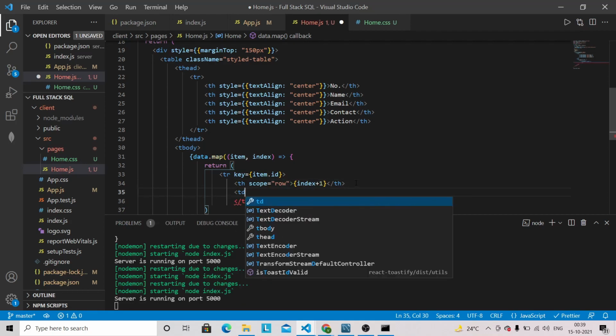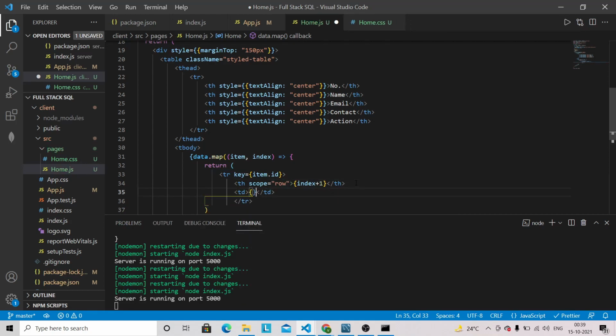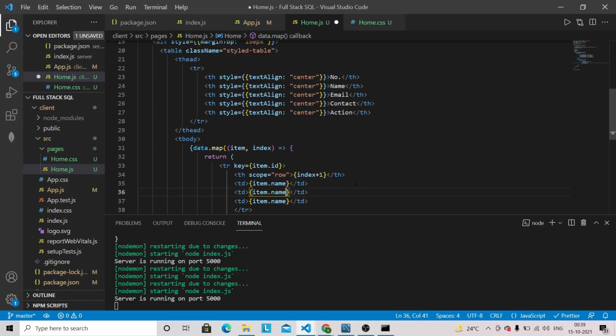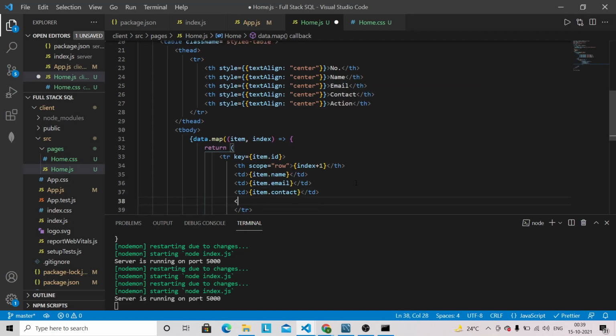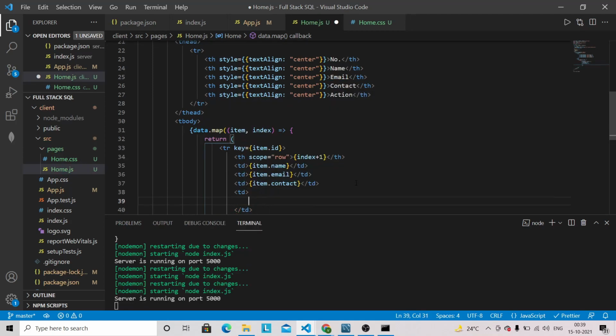Then we have to specify td, so it will have item.name. Let's copy this one 2 times. So this will be the email, contact, and let's have one more td, in which we will have all the buttons.